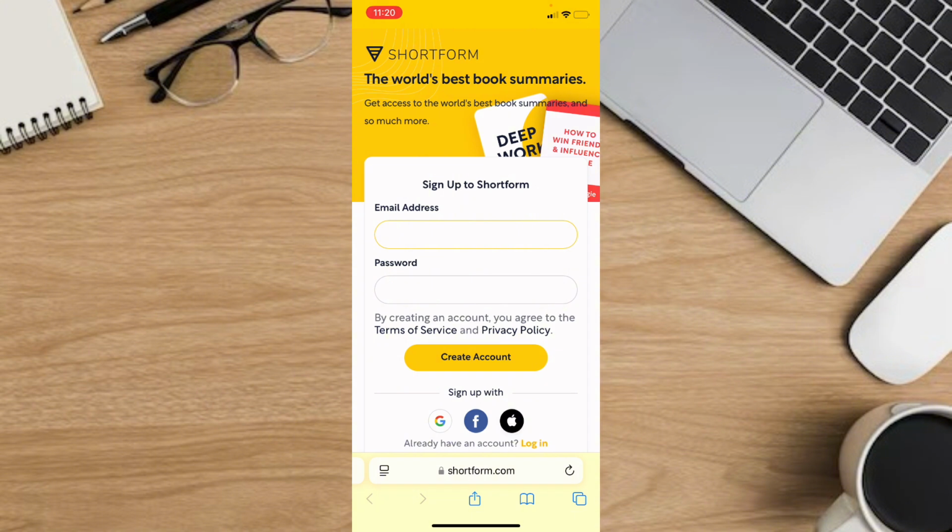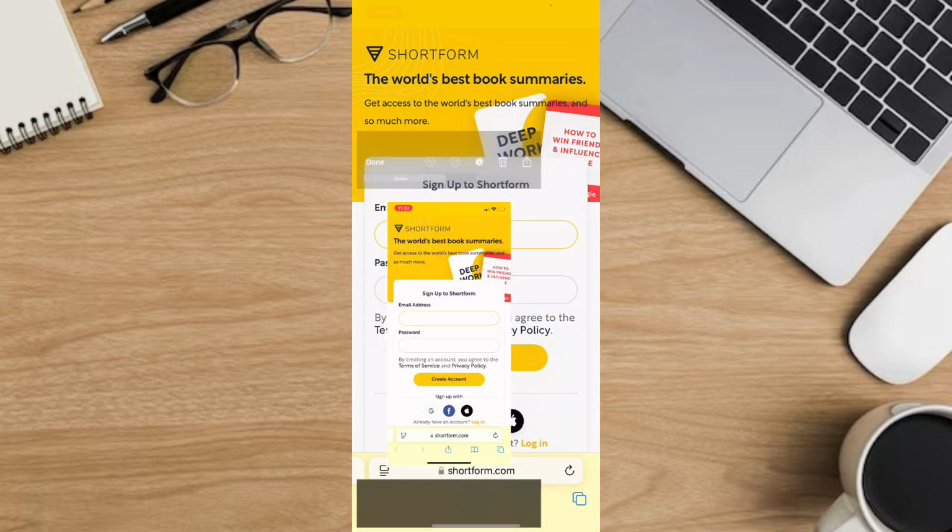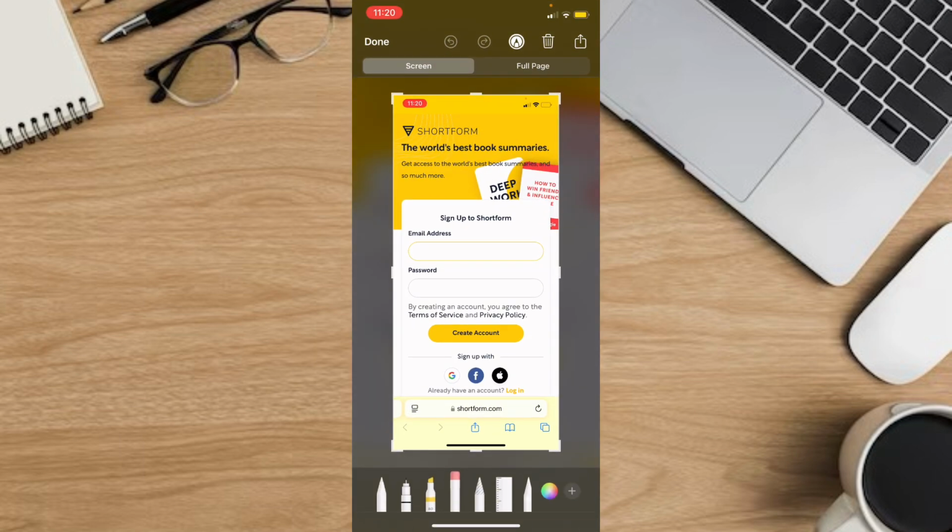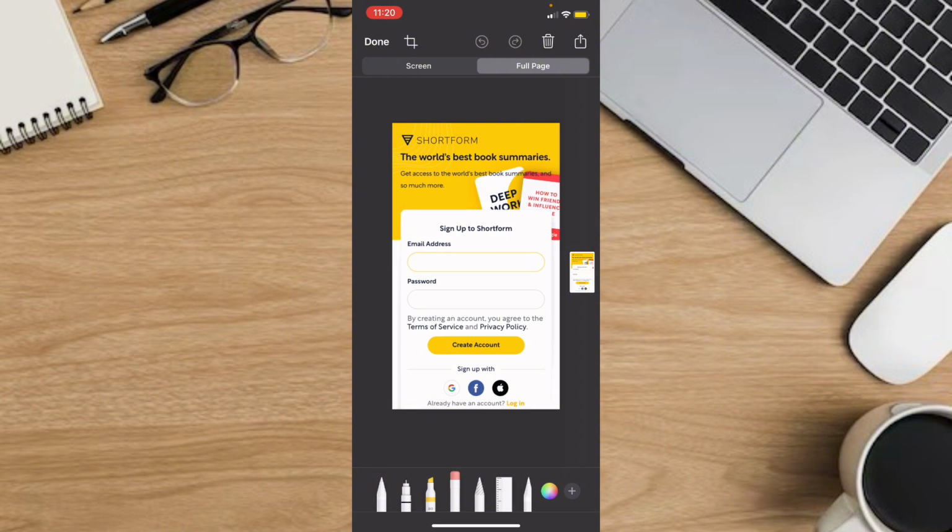And then what I'm gonna do, I'm gonna just go ahead and take a screenshot. Okay, now after I took the screenshot, click on the photo that I just chose, and then click right here. You're gonna see screen in full page at the top. Under that pencil, the deleting, click right here, full page, and you're gonna be able to see inside the article